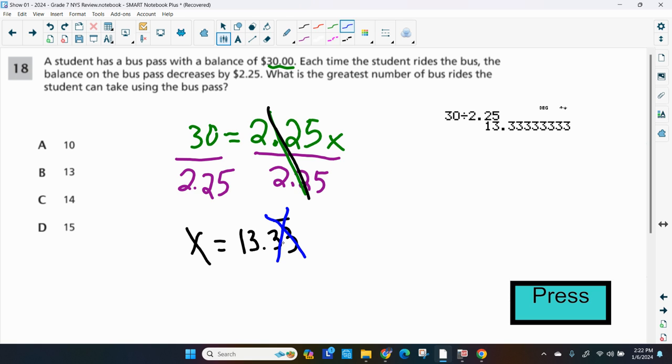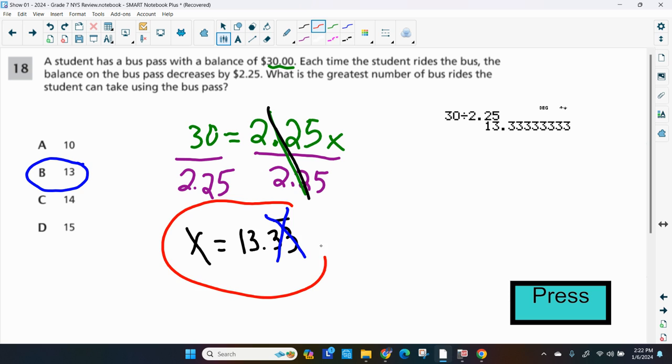I'm going to cut this off because I really don't see myself riding 0.333 of a ride, because either you will take a whole ride or no ride, because you cannot take a third of a ride. So I'm going to cut that off. So 13 would be our correct answer of the number of rides the student can take on the bus. Okay, so choice B